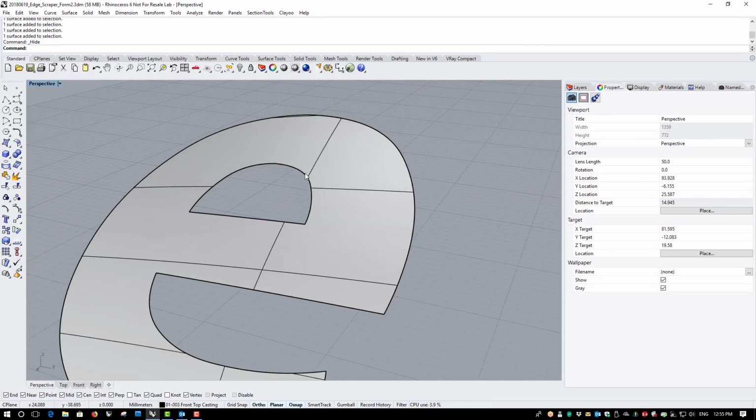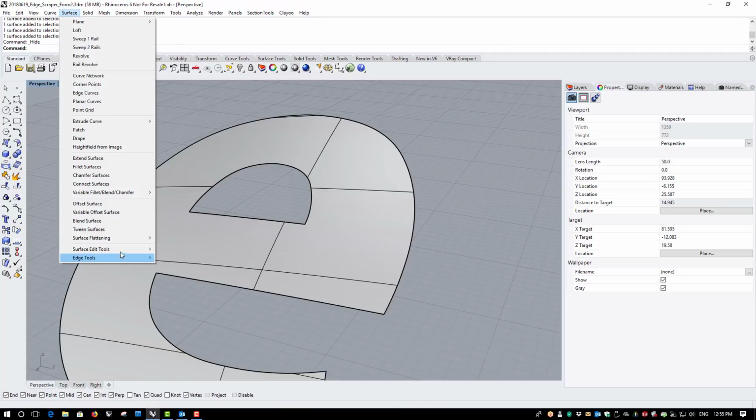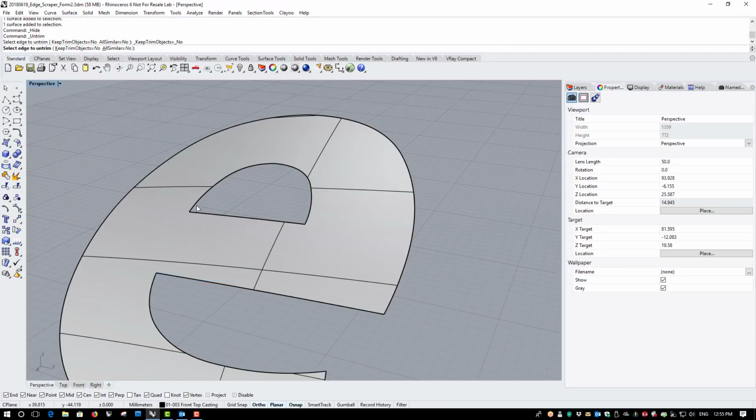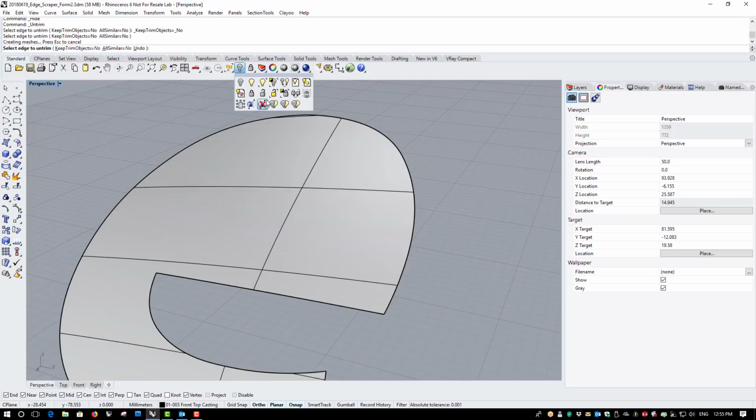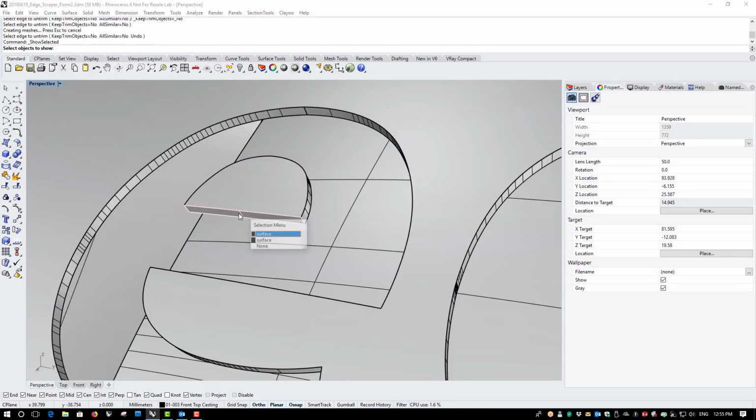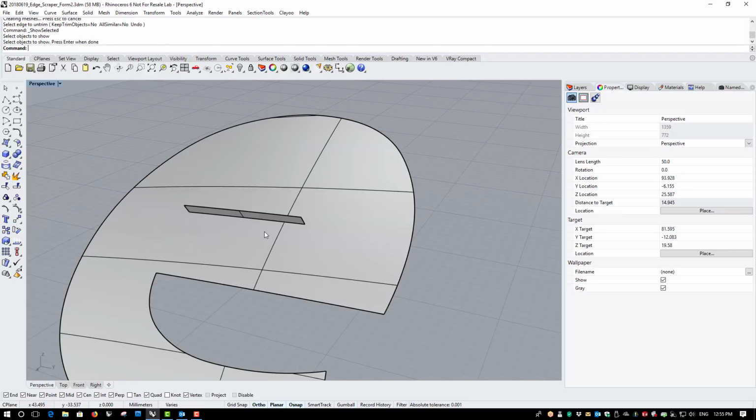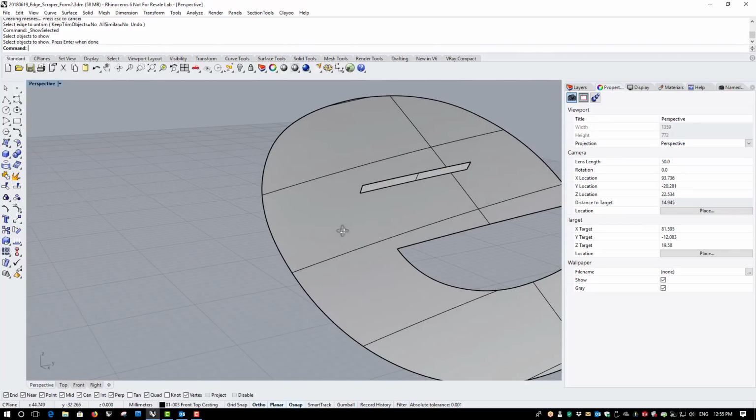Then this area here can be untrimmed like this, and then we can show in the front portion of the surface that was not joined before, which was this,